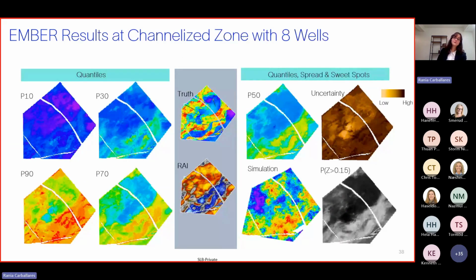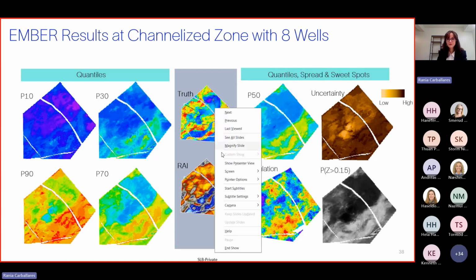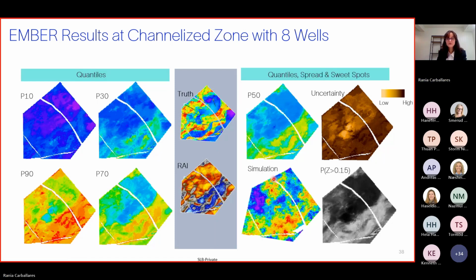So if we look at the plan view for the first case, the 8 wells, what we see in the middle is the true porosity. This is a constructed porosity model already. This is one of the attributes I used, the relative acoustic impedance. And on the right side, we see quantiles from the estimation. And on the left side, we see also the quantiles and the simulation and the probability volume